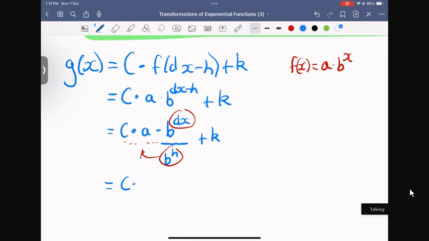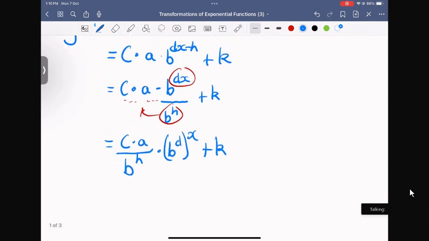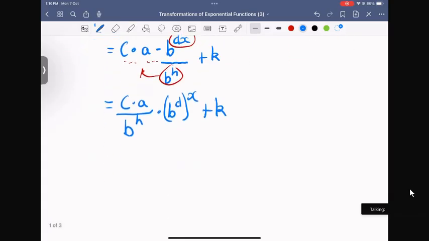I get c times a over b to the h times b to the d to the x plus k. And I've expanded and moved my constants around a little bit, tidied it up, and I'm going to show you why. So our next term in the sequence would be, therefore, g of x plus 1, which is going to